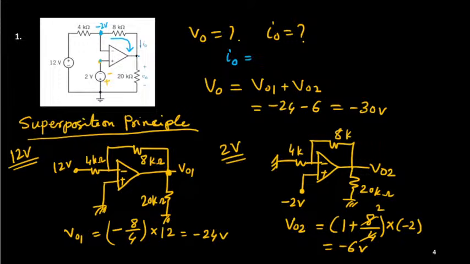And this potential, overall potential, you can find out. What is this one? It is minus 30 volt. Okay. So you can consider this potential is minus 2 volt. This potential is